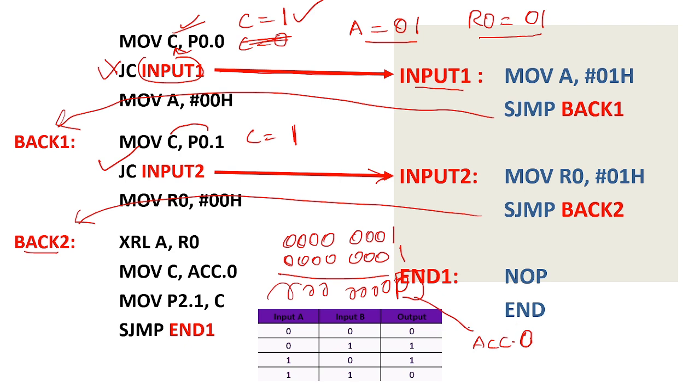Okay, so only this bit is of interest, and that value is moved to the carry bit C. Okay, that value I am again moving to port 2.1, because port 2.1 is assigned for your sum. So what is the value? If I give 1 1, your value will be 0,